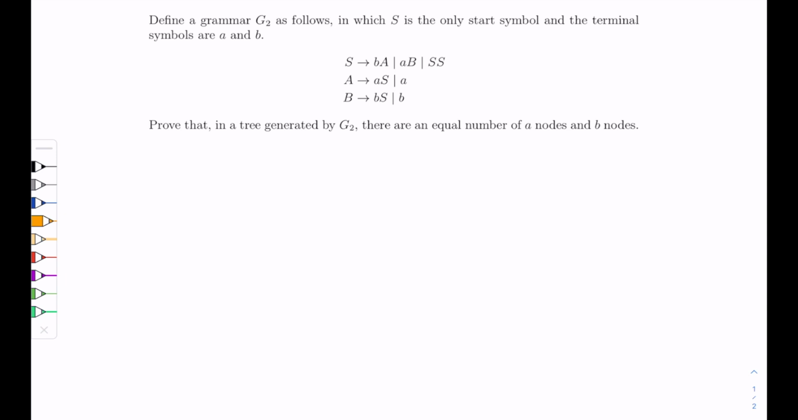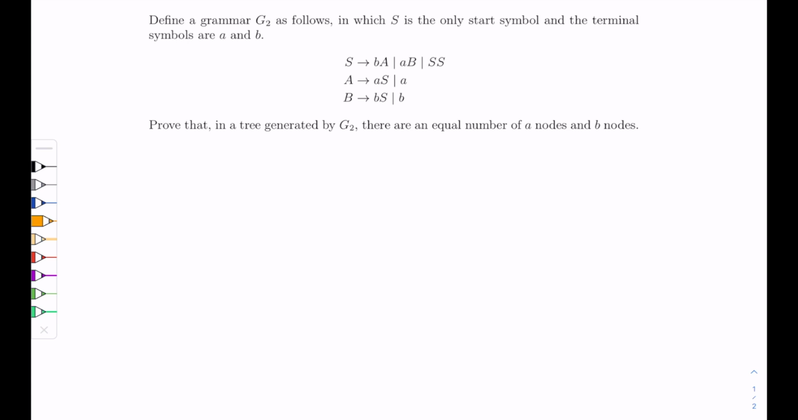I'm going to be walking through this problem here on grammars and trees generated by grammars. So in this problem, we have a grammar G2, and we have a set of rules here where S is the starting symbol and the terminal symbols are A and B. And we would like to show that any tree generated by G2 has an equal number of A nodes and